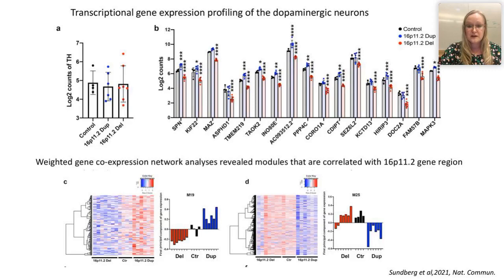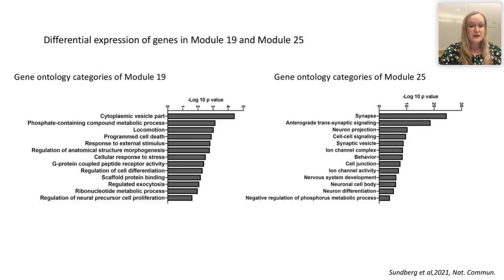In module 25, we detected genes that were significantly increased in 16p deletion cells and significantly decreased in the 16p duplication cell population, shown here in blue. So this was really interesting models. And to say a couple of words about the genes in these models, we did a gene ontologic analysis, and